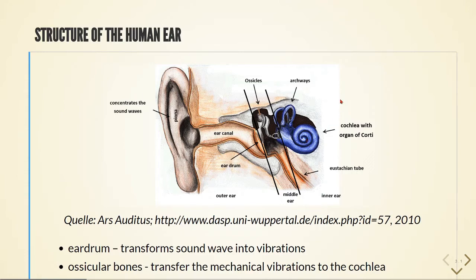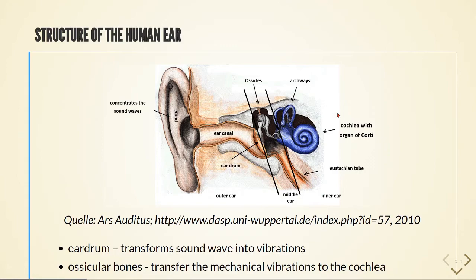As this fluid moves, the cochlear partitions, like the basilar membrane and the organ of Corti, move. And thousands of hair cells sense this motion and convert it to chemical and electrical signals,